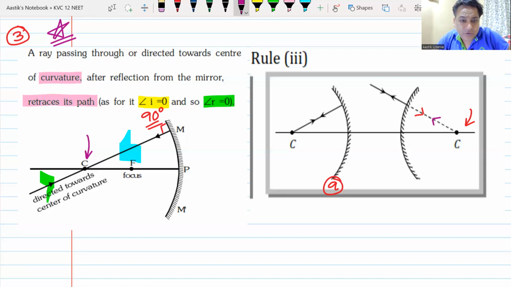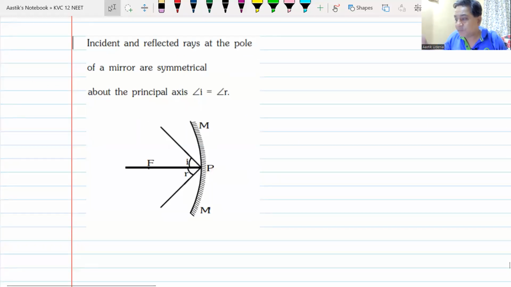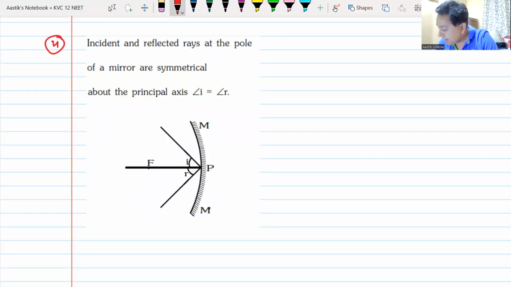Now, there is a 4th rule as well. If you want, you can write it down, but that does not make any difference to your life. That 4th rule is basically telling us that the angle of incidence and the angle of reflection are always equal. So the 4th rule, if you have to write it, will look like this: the angle of incidence i is equal to the angle of reflection. You can always draw a ray